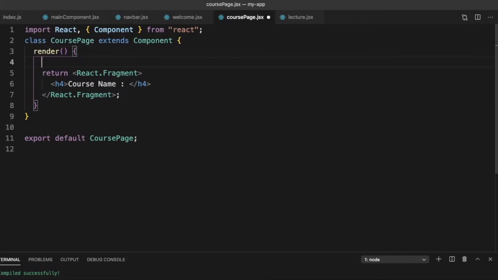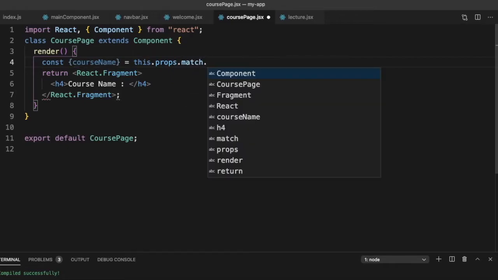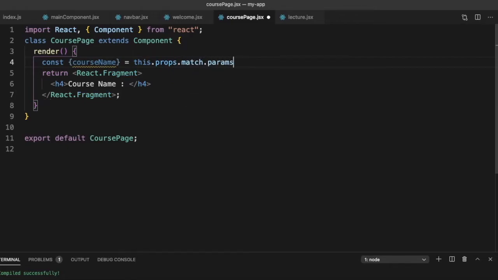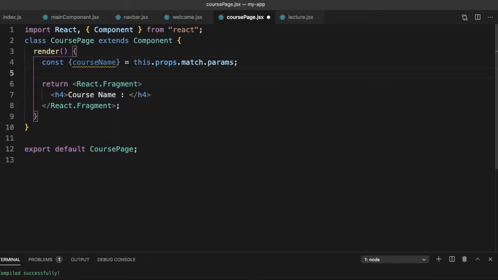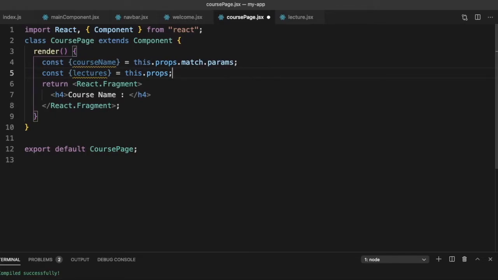So const course name, and this we will get from this dot props dot match dot params. So this will be passed as a param. Also we need the lectures, so const lectures is equal to this dot props. So this was passed as the custom props.